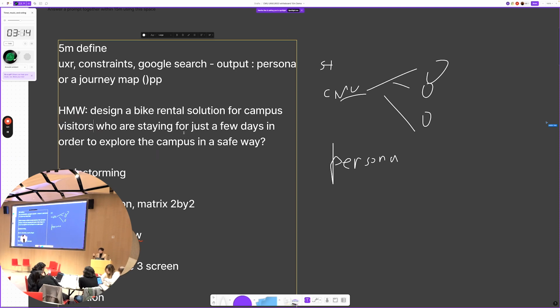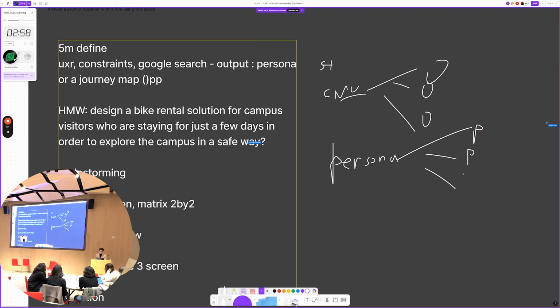I don't have enough time in the demo, but if this was a real interview, make sure, similar to what we talked about in Shang's storytelling design process, that every single point you mention in the how might we is defined over here, right? So you need to write out these specific pain points in the persona, right? So pain point 1, safety, pain point 2, how to navigate, pain point 3, like I want to ride a bike to explore things, right? So write out all those, and then you can move down to the brainstorming.